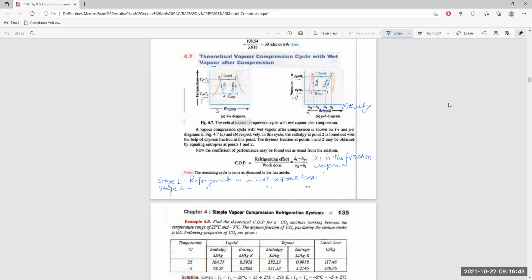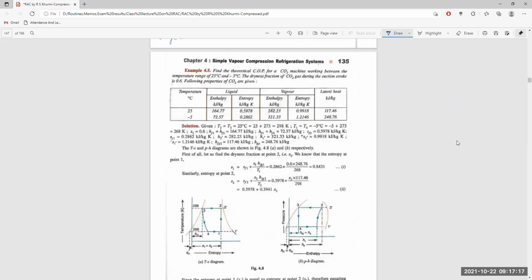And there is another quantity, which is the fraction of vapor present in the refrigerant itself. A certain percent of it is vapor, and a certain percentage of it is liquid. So here we have to find the value of H2, in order to take this vapor fraction into account in H2 as well as H1. So I've started this problem.